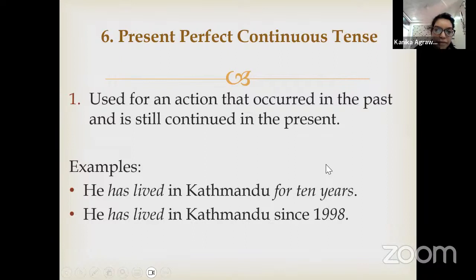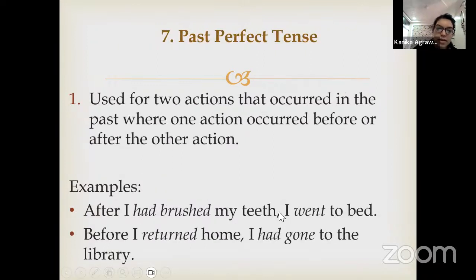Okay. So that thing, he has become the principal since 2000. Okay. So this is present perfect continuous tense. It is used for an action which has already occurred in the past, but it's still continued in the present. Next, past perfect tense. So,